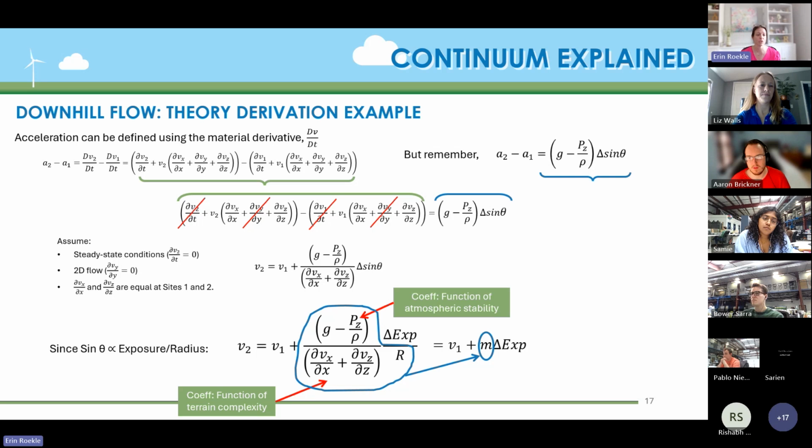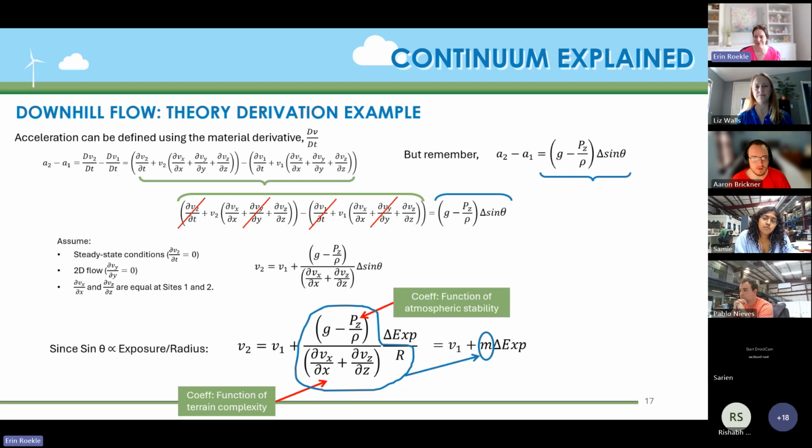We're going to assume 2D flow, so anything d/dy is also going to get zeroed out. And that these two components are equal at both sites. This is kind of the same assumptions that we were making previously. We're just continuing those assumptions. So when we cancel those things out and rearrange everything,